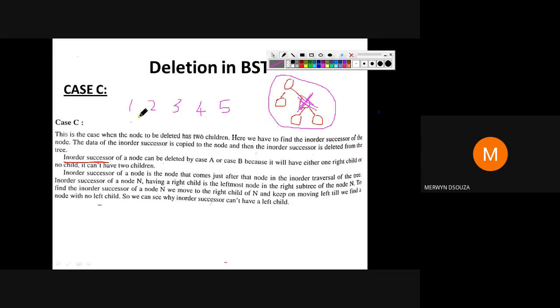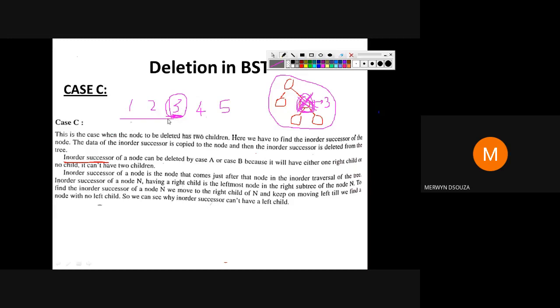Suppose the node that you are deleting here had the value, say, 3. You have to find the in order successor of this node.